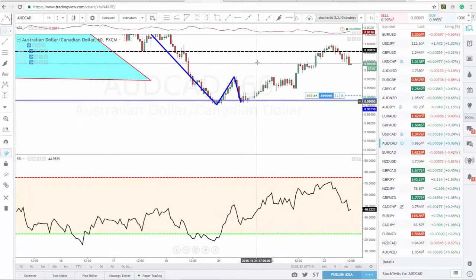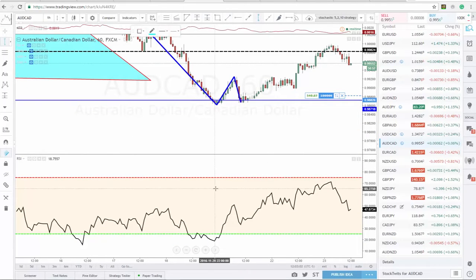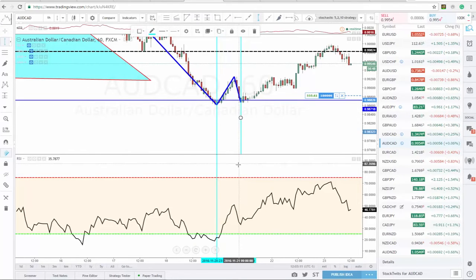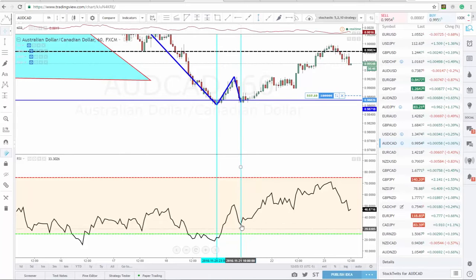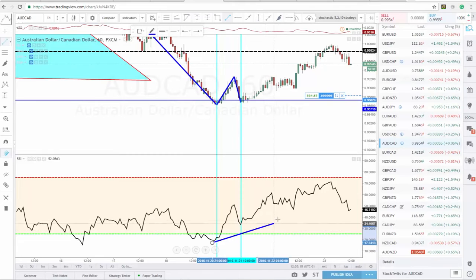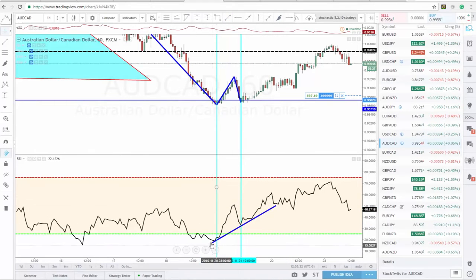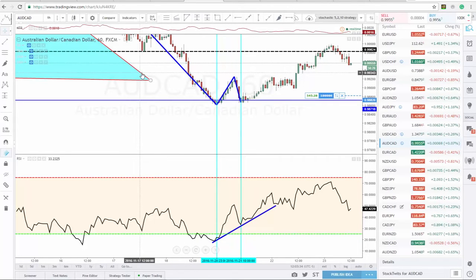If I bring up the RSI here, you can see that here we have a low. And if we go to our next low of this double bottom, right here, we have a higher low. What that is, guys, is RSI divergence. And it's actually some really good RSI divergence, and considering we're also oversold on that first touch, we can count this as oversold, RSI divergence, all with a double bottom at a previous higher time frame structure and a daily